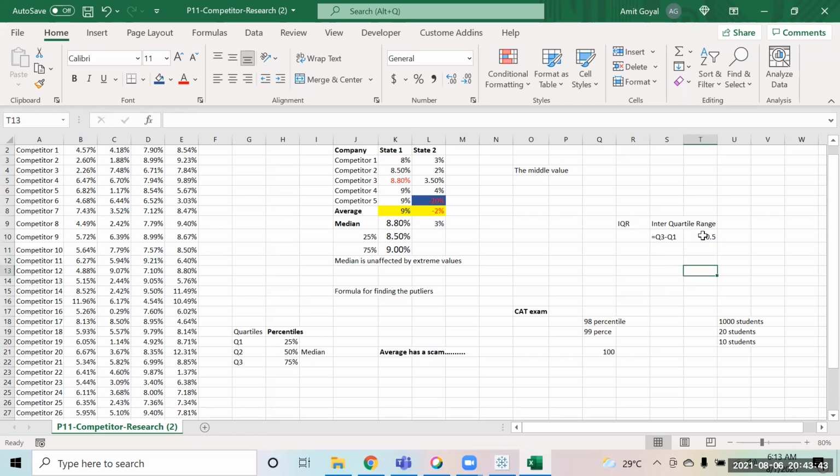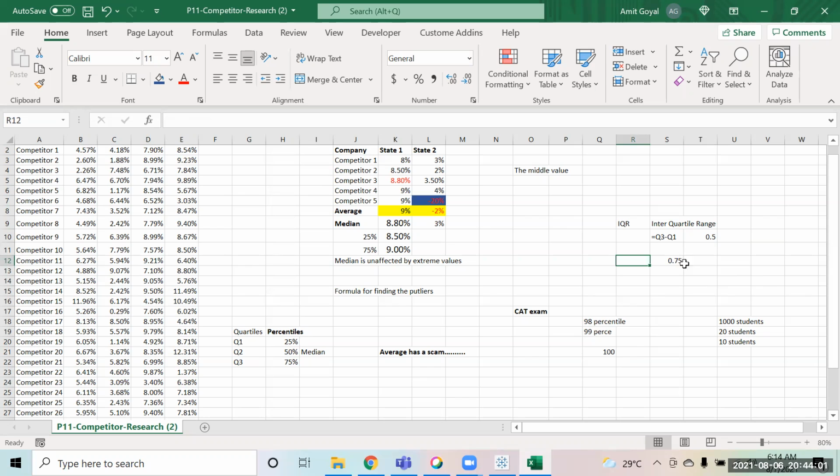Now what we will do is we say 1.5 multiplied by IQR. That comes out to be 0.75, right?